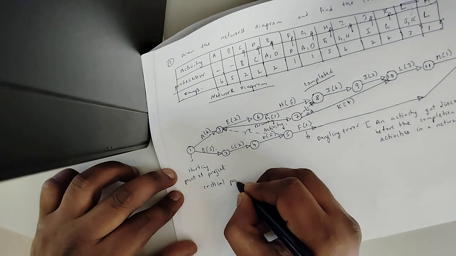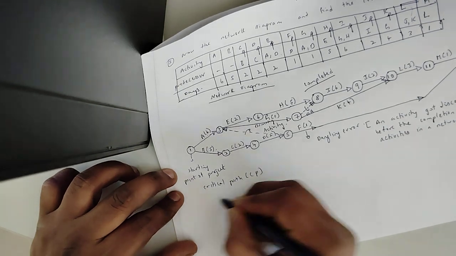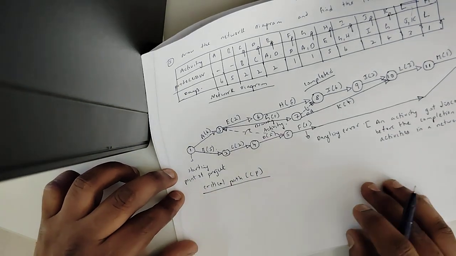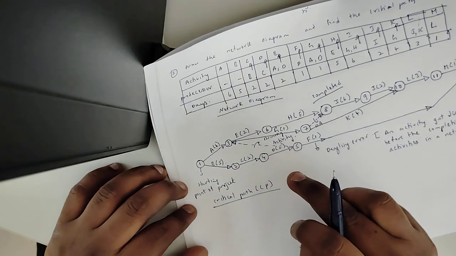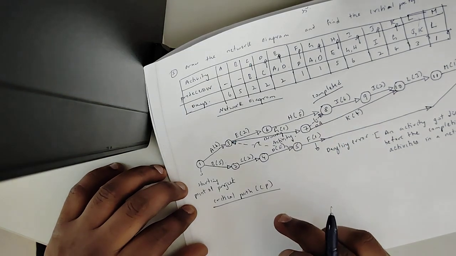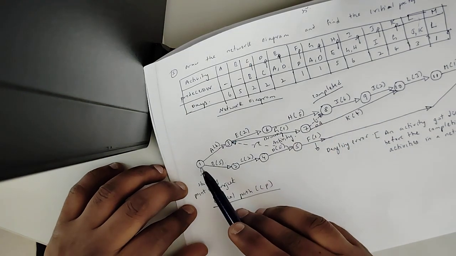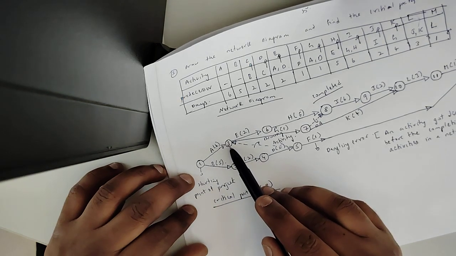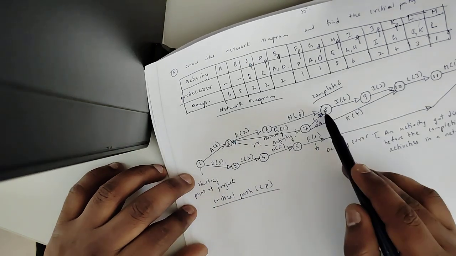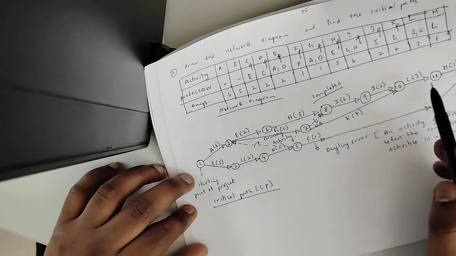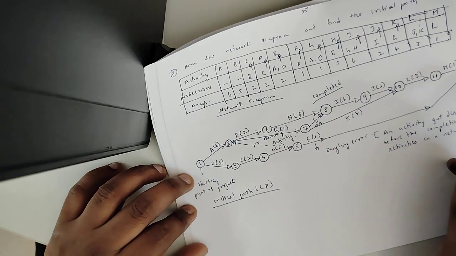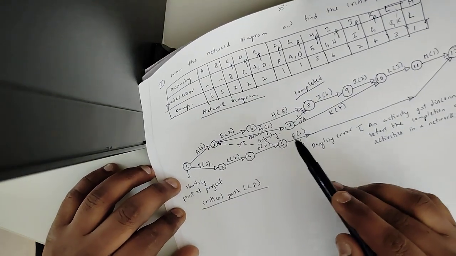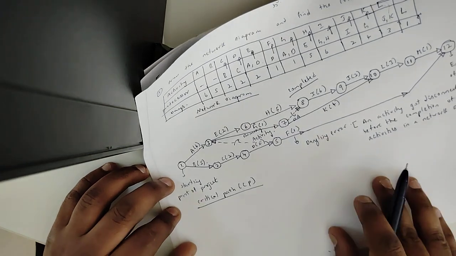Critical path, okay. So here you can see there are, here A2, see 1 to 3, okay, event, then 3 to 6, 6 to 8, 8 to 9, 9 to 10, 10 to 11 and 11 to 12. This is the one path you can see here. So I am writing here, so kindly see students,